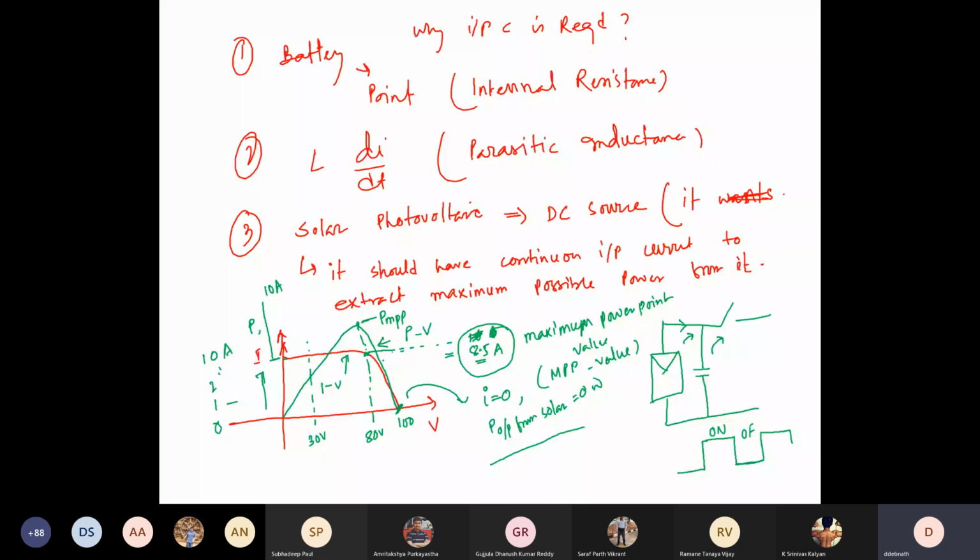I am not sure whether you have got everything very clearly, because this itself needs one complete lecture. I just tried to give you a glimpse of why I should add a capacitor here for a solar photovoltaic system. I don't want my solar current to be pulsating. Solar current 0 means the solar power I am extracting is also 0. That means I am not utilizing the solar properly. So when the switch is off, solar should give current somewhere, so it can charge the capacitor. When the switch is on, both of them can discharge, so that it can still work in the manner we want.